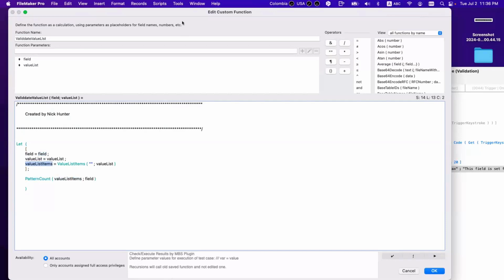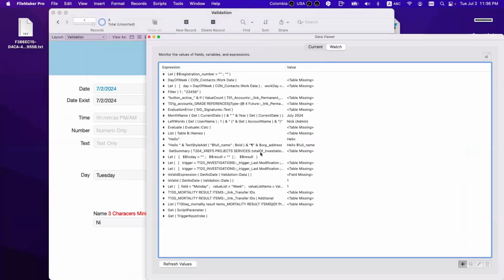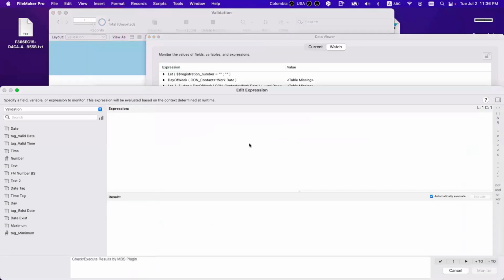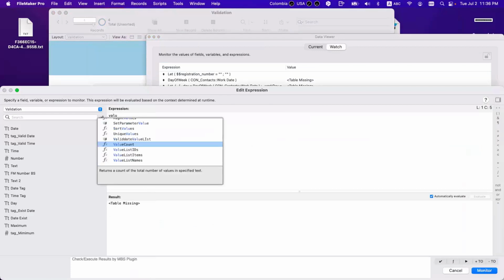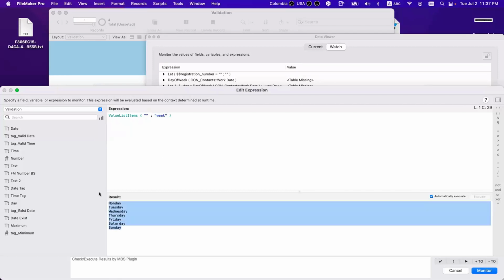So for example, you go there and you have value list items. This we don't need. You can put double quotes. And here you say the name of the value list is week. So I get the content of a value list by doing this.